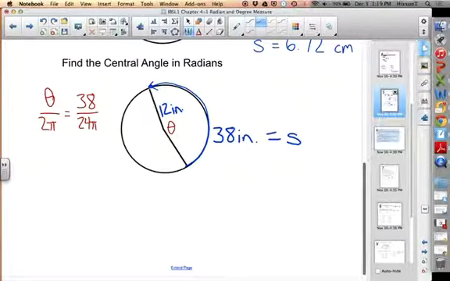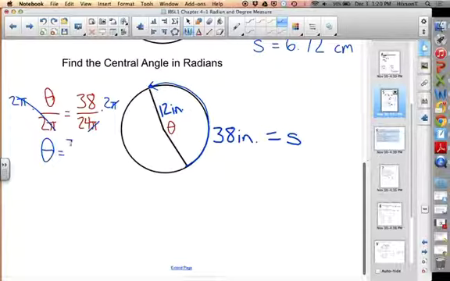And here's something, as you go to solve these, I would recommend don't actually multiply by the pi's unless you have to. For example, in this case, if I'm solving for theta, I would multiply by 2 pi, and you cross out the pi, and the pi's will cancel out. So you don't even have to multiply, or use the 3.14 and so on. So here, theta is going to equal